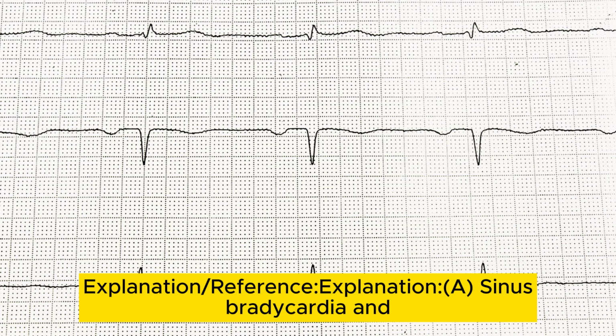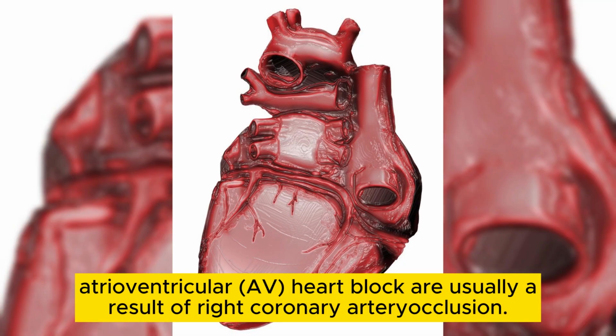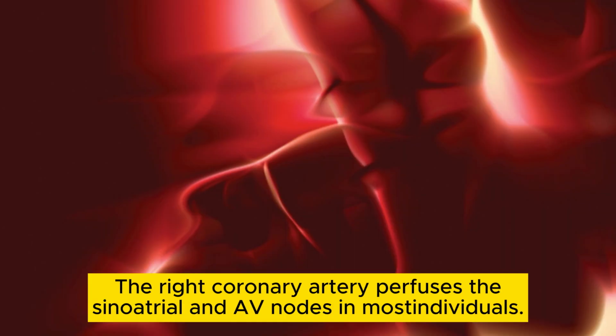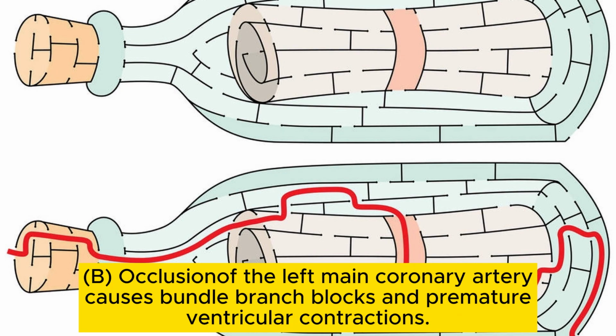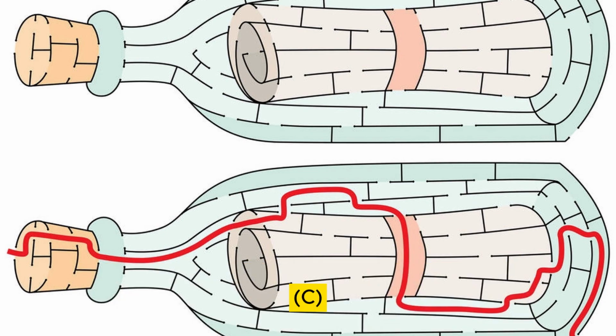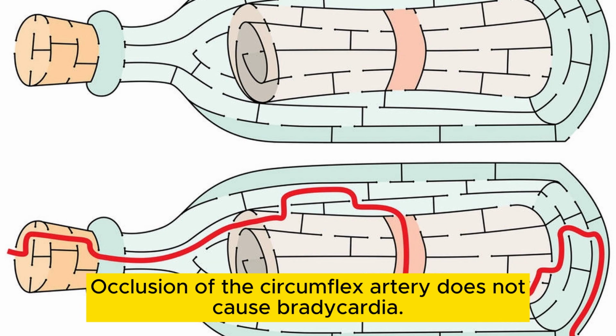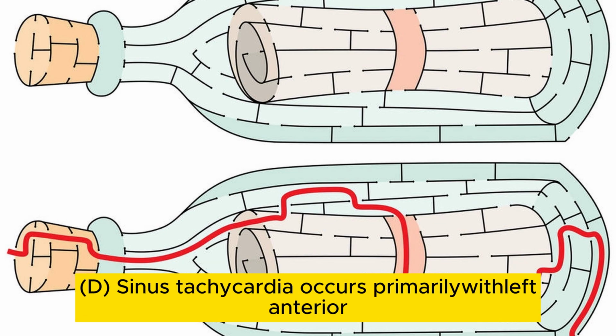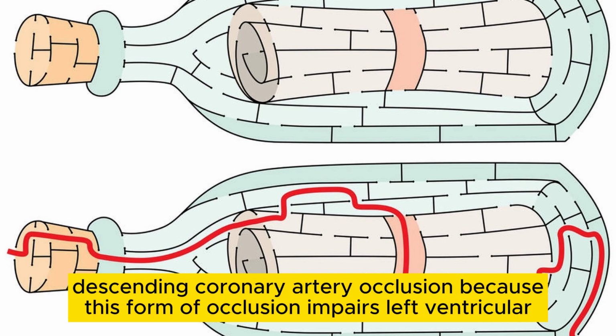Explanation. A. Sinus bradycardia and atrioventricular (AV) heart block are usually a result of right coronary artery occlusion. The right coronary artery perfuses the sinoatrial and AV nodes in most individuals. B. Occlusion of the left main coronary artery causes bundle branch blocks and premature ventricular contractions. C. Occlusion of the circumflex artery does not cause bradycardia. D. Sinus tachycardia occurs primarily with left anterior descending coronary artery occlusion because this form of occlusion impairs left ventricular